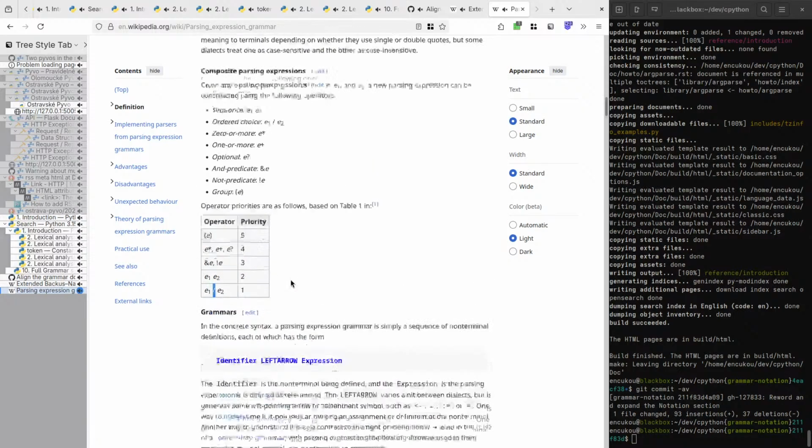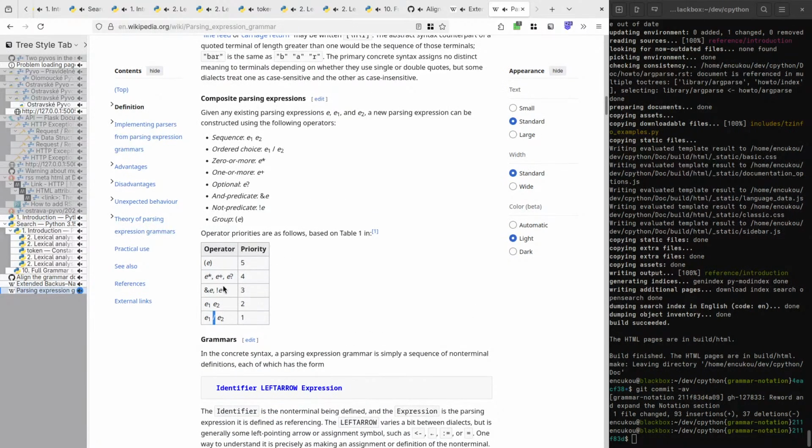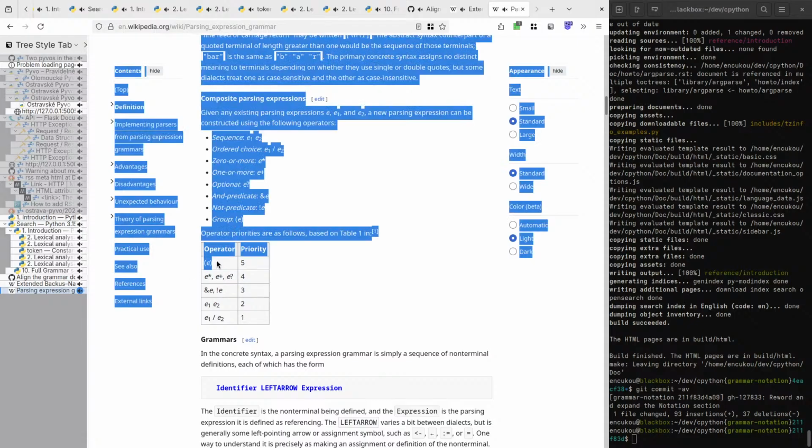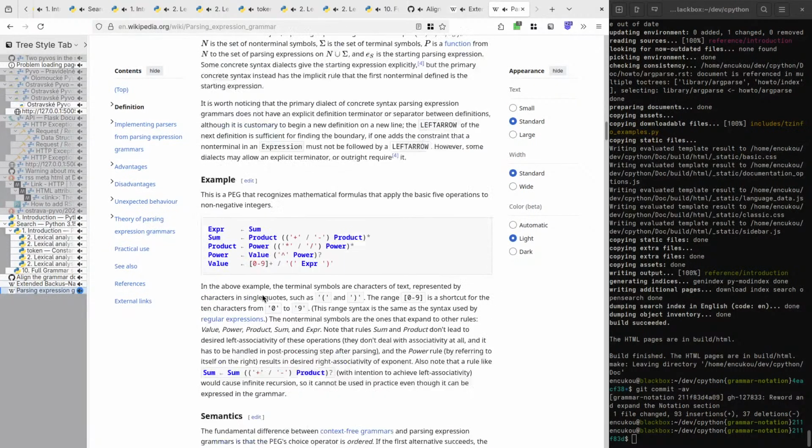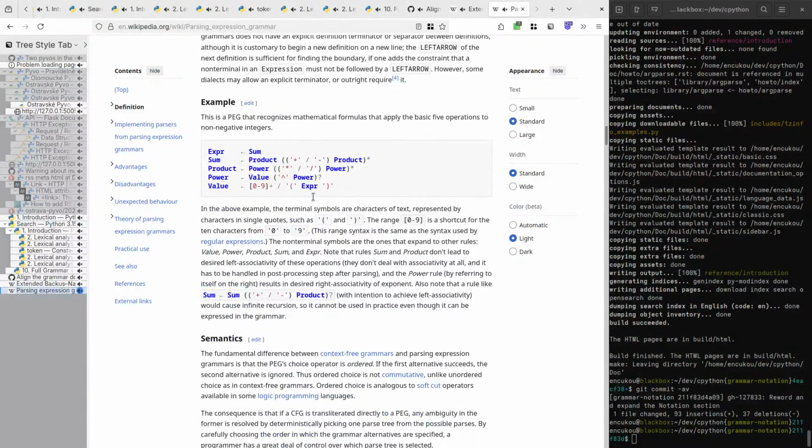Right, so I guess the main difference is we have some extra rules like the angle brackets and square brackets. Apparently for square brackets you would use parentheses and a question mark in math. And the option is denoted with a slash because it means something else than in the normal one.